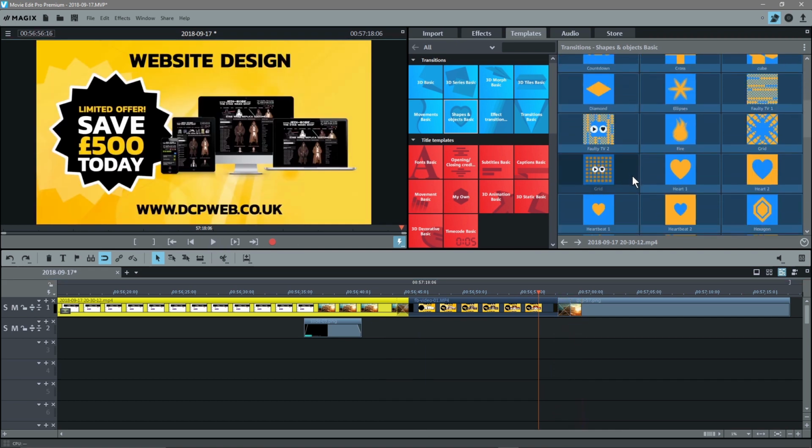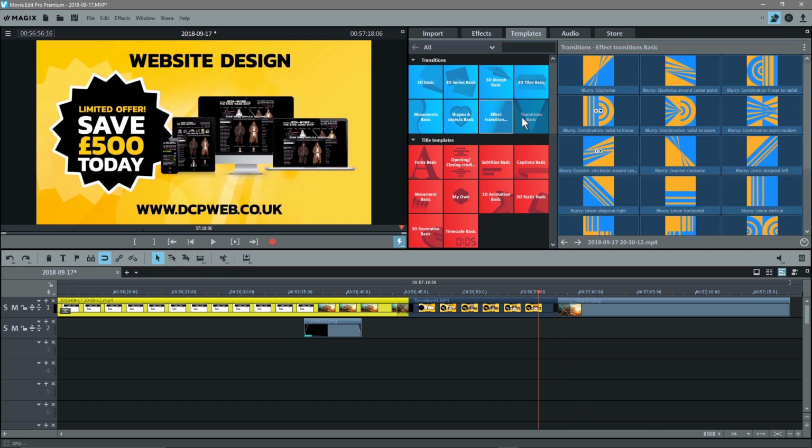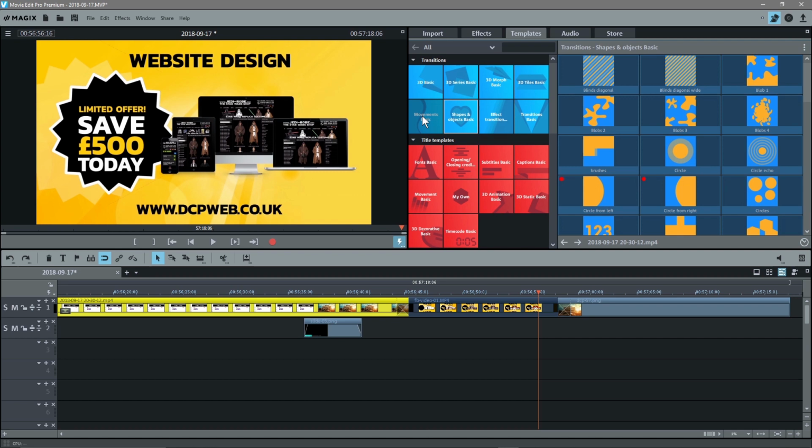So there's all these different fade effects. Look, there's loads of them, right? And these are just the shape ones. Then you've got other transition ones. You've got loads of different ones in here that you can go and experiment with. The one thing to note,